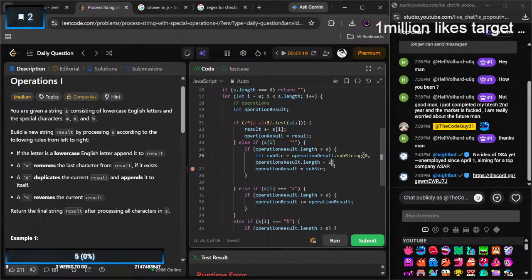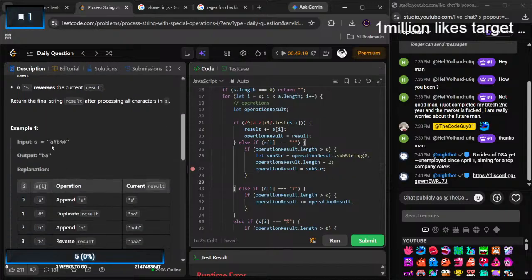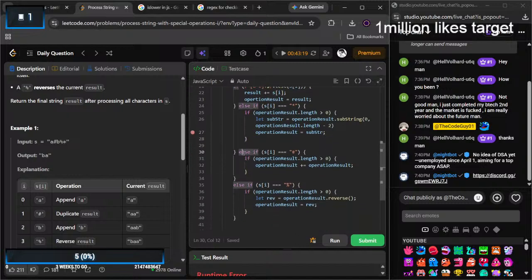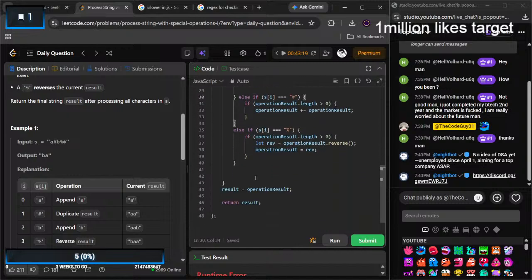Length minus 2 is supposed to be getting the last value, right? If I do length minus 1, it will go from here until here. If I do length minus 2, then it should remove the last one, I guess. If I do it again, then length minus 2, it should be this one now. If this is true, then this one. If this is true again, then this one. If my operation dot length is greater than 0, then only we take the substring, and after that we append back to that thing. Else if my s of I equals this thing, and now I need to,